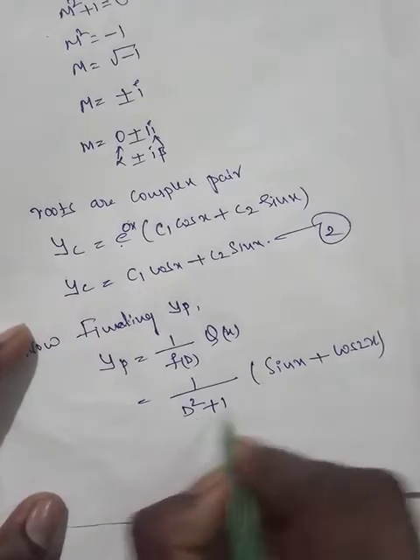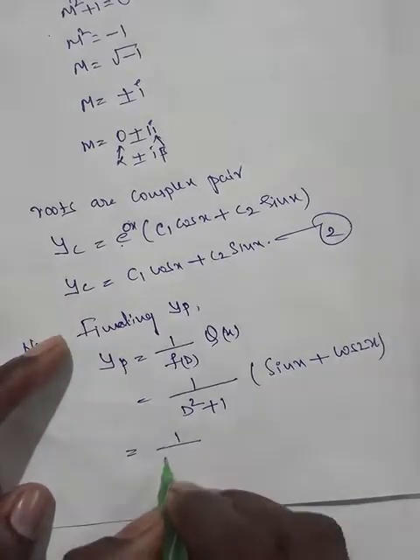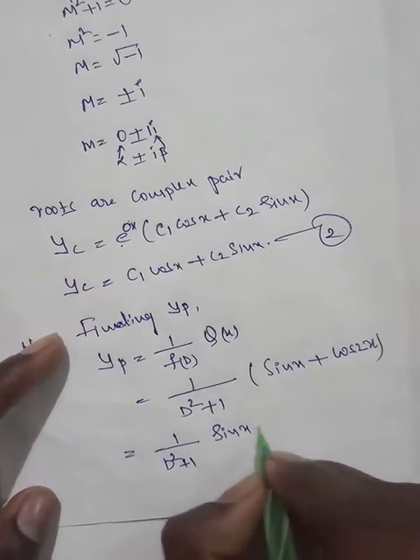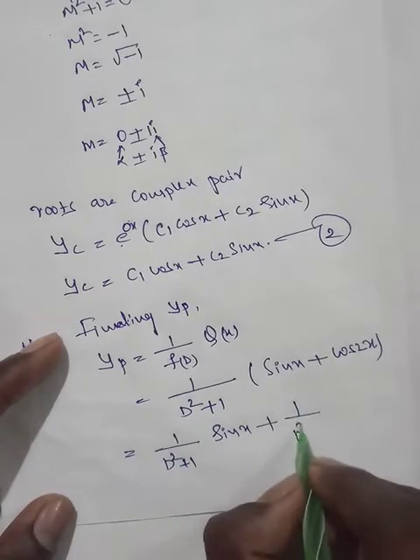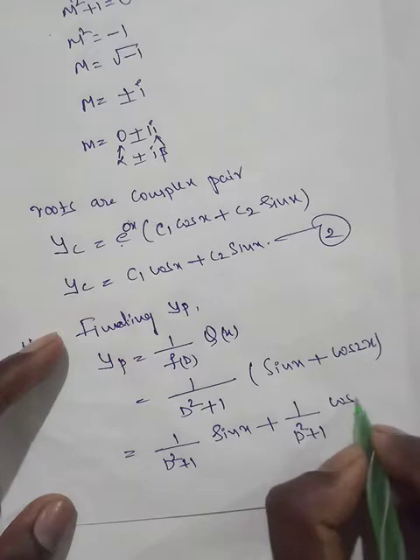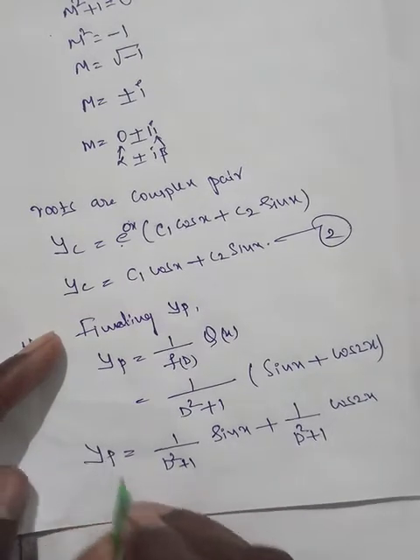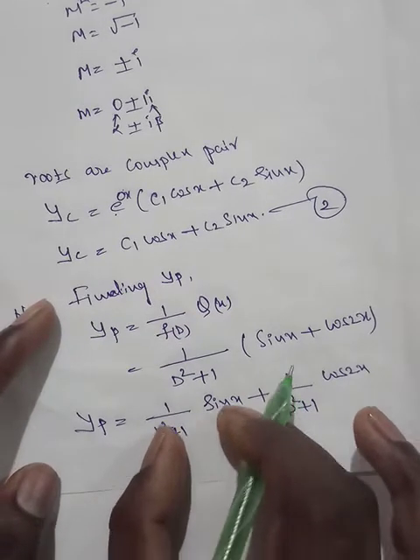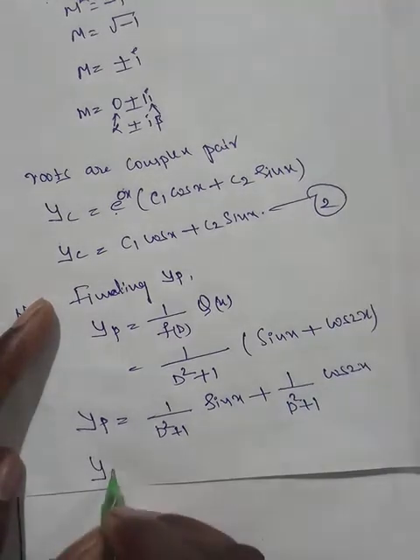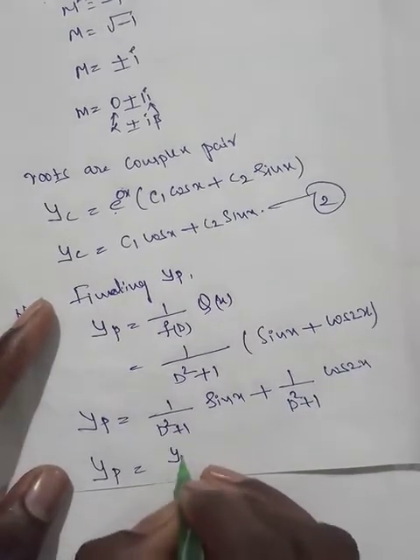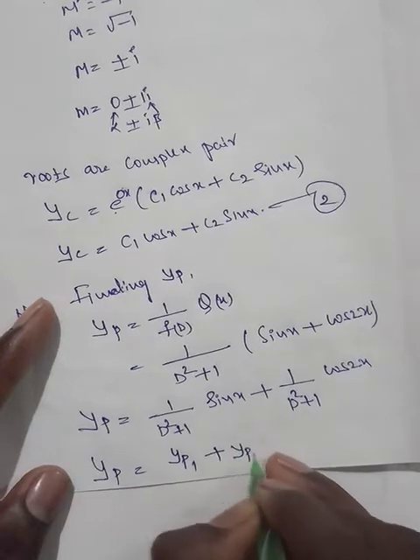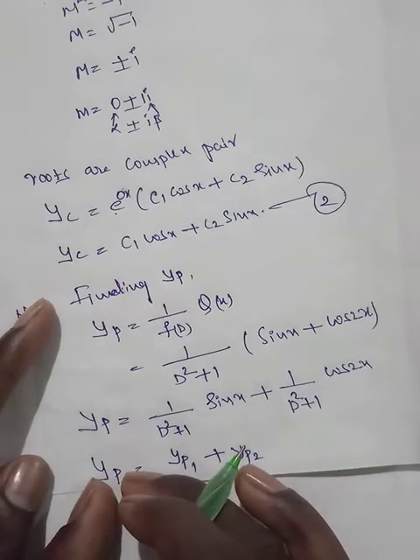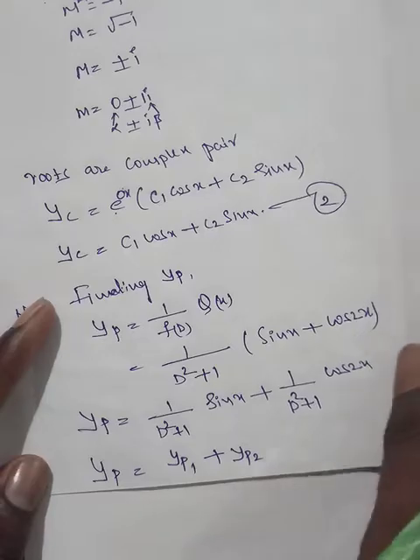So I am multiplying this with this, so finally what I will get here is 1 by D square plus 1 into sin x plus again 1 by D square plus 1 into cos 2x. So our yp equals, here also we are getting two parts, so I can take this as yp1, this as yp2. So yp becomes yp1 plus yp2. So individually I am solving this yp1 and yp2, adding both, finally I will get my required yp here, right? Okay,